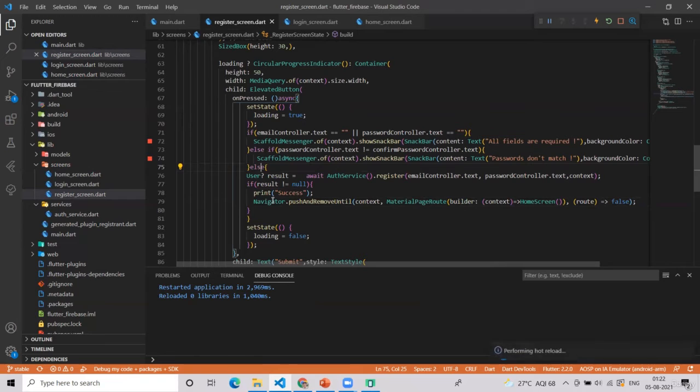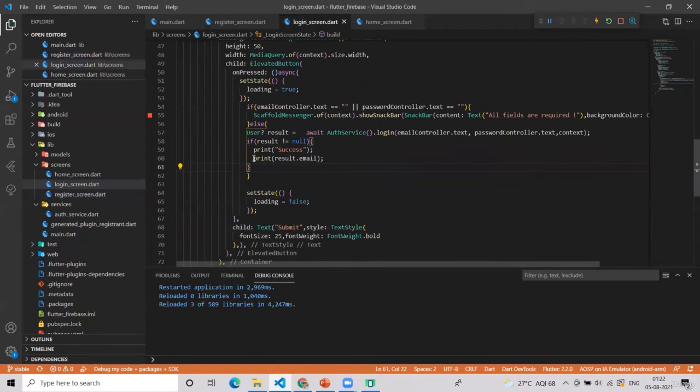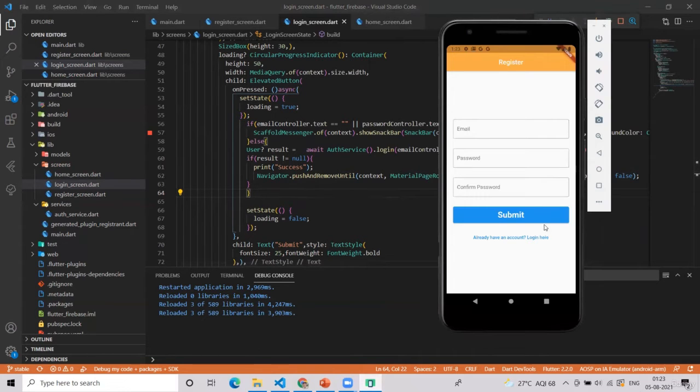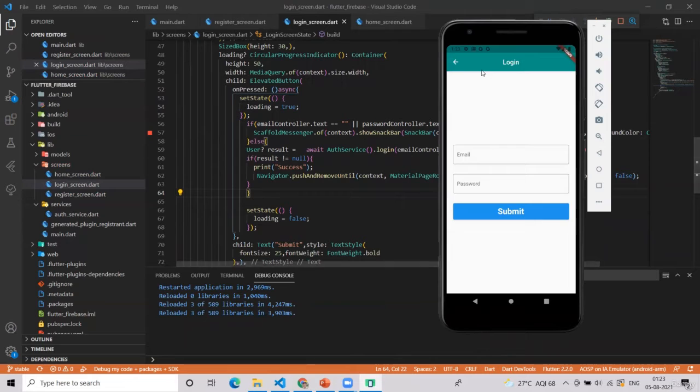And the same thing I will copy and paste in the login screen here and import our home screen. So we are using push and remove until here. You might be thinking, why am I not using push replacement? Because the only issue is that this login screen is not the final screen. It is using push, that is, it is on top of another screen.